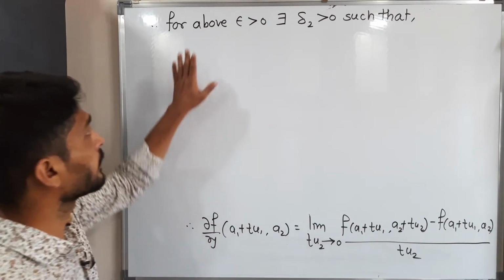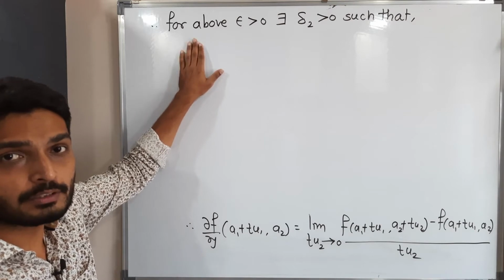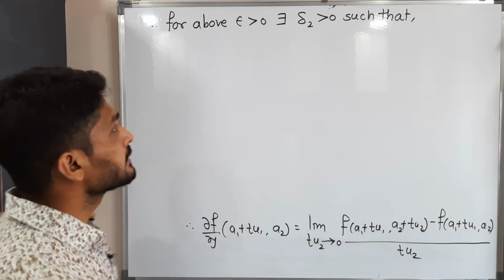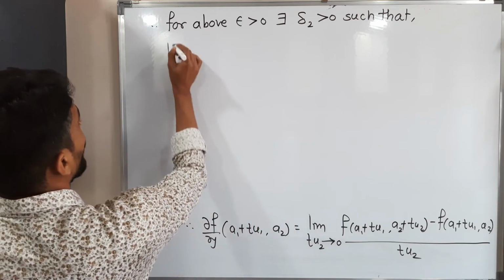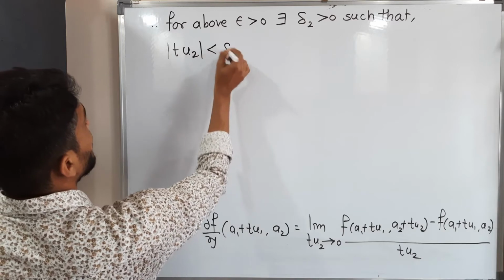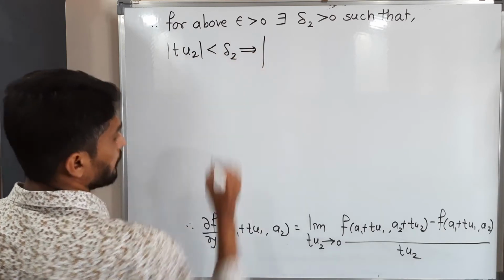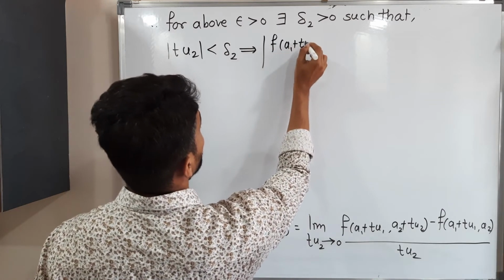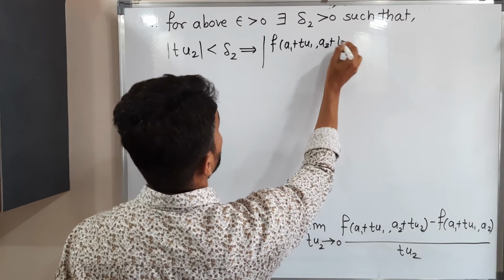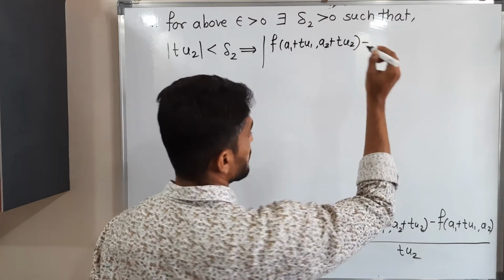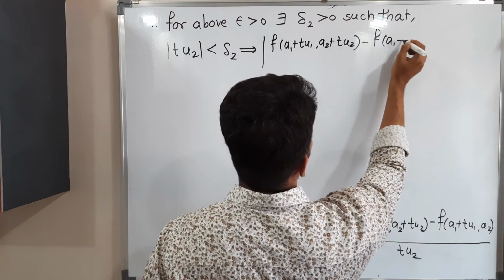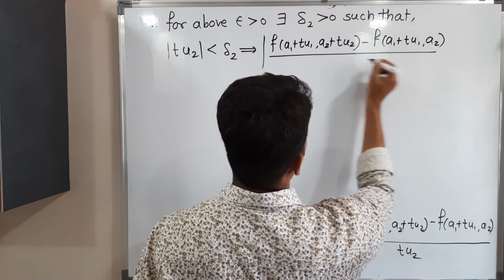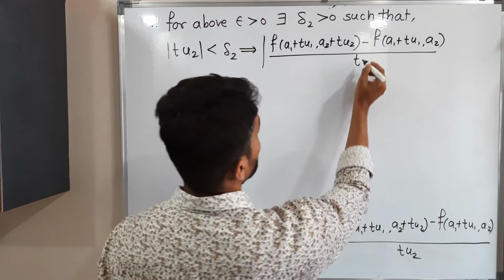For the same epsilon greater than 0, there exists delta 2 such that mod t2 less than delta 2 implies mod of f(a1 + t1, a2 + t2) minus f(a1 + t1, a2), divided by t2,